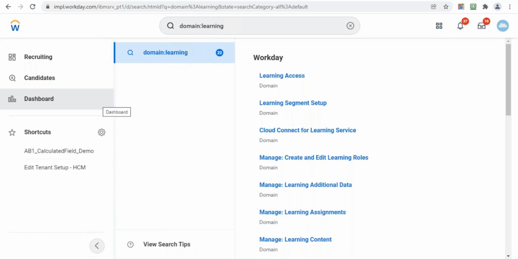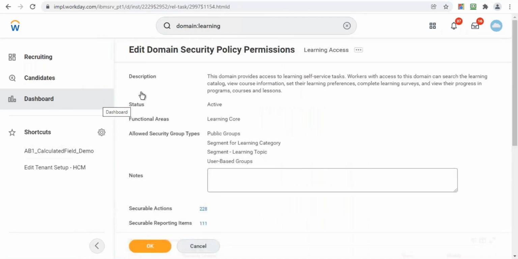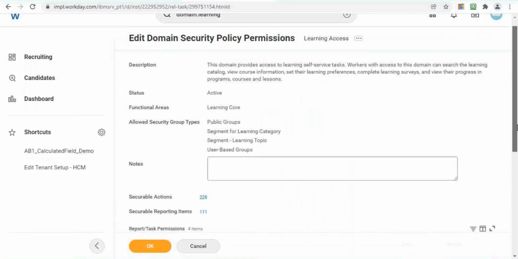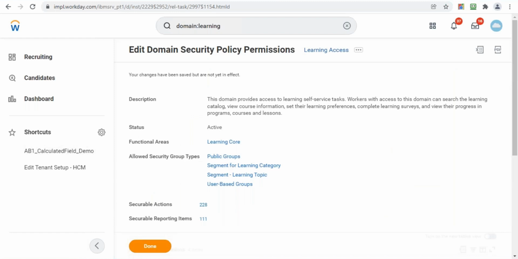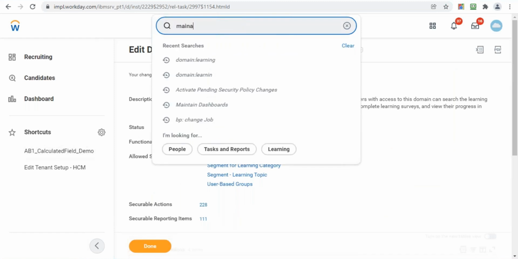This is the main domain which gives permissions to all the learning areas to access courses. So implementer, learning administrator, contingent, all employees who will have access to learning, and this gives access to the dashboard as well. Now, based on this setup that I've made here, if I go to dashboard,